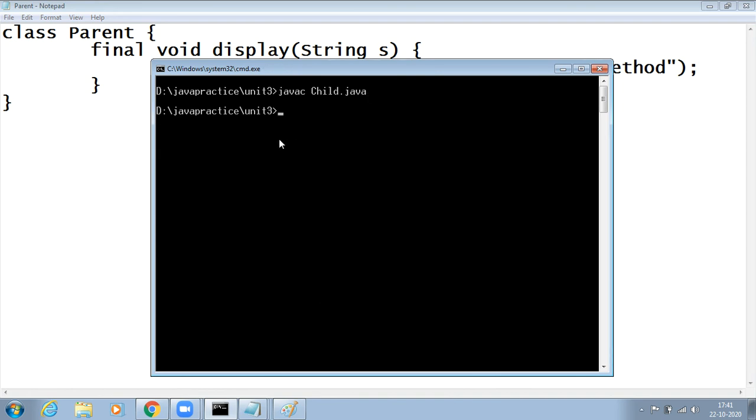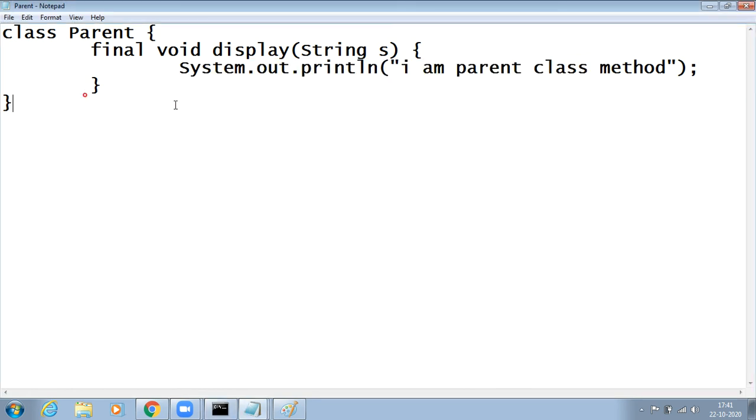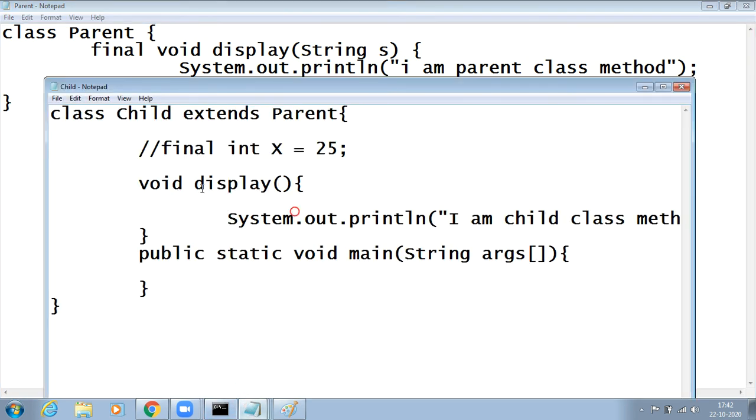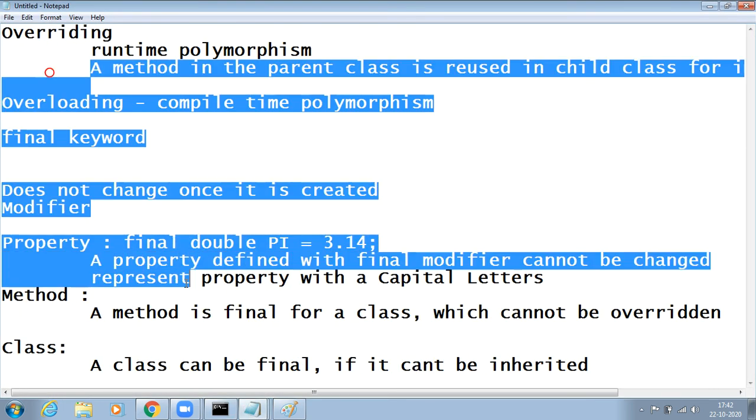Okay, now see, it won't show any error because the display method in the parent class has a String parameter and the display method in the child class doesn't have any parameter. And this is all about the final keyword.